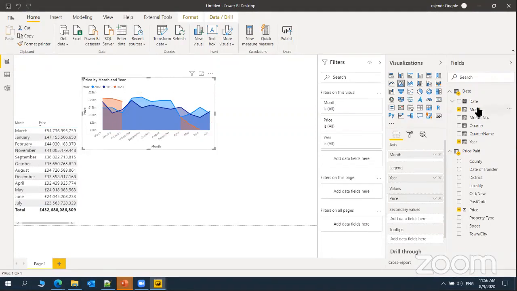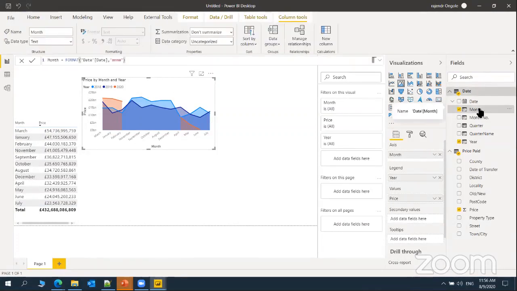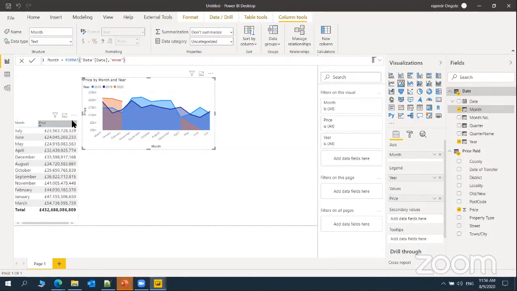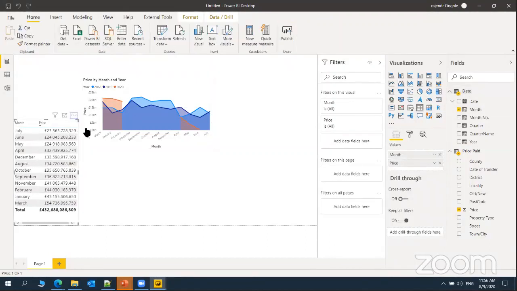What we will do is click on this month, because I have used the month field, and we can sort that based on the month name. Just go here. Click on this particular date table, and in the column tab, there is a sort column, sort by month number, because month number has 1 to 12, so that we can sort the data. Let's cross check one more time. I'm just sorting it month based on month. See here, I can see this based on month, January to December. I got the values in the proper format.